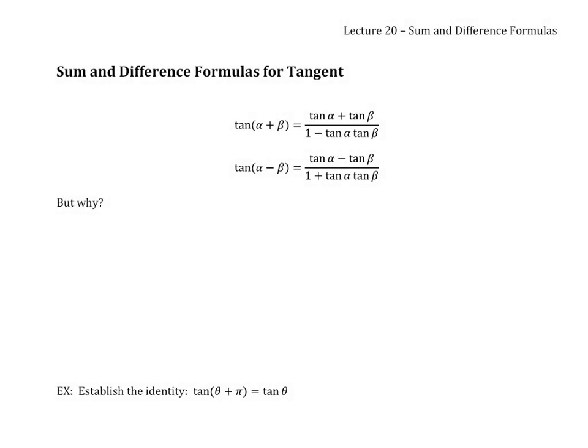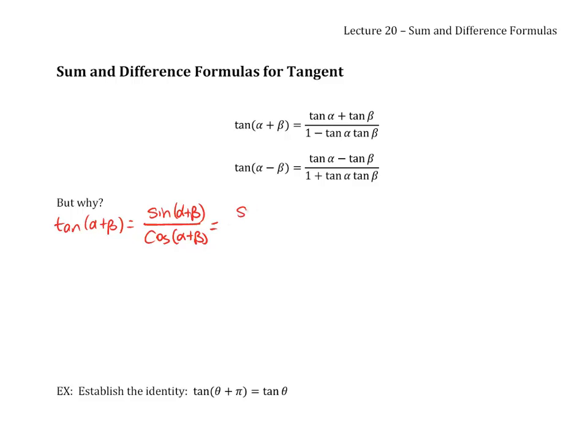Now, I've gone ahead and included the sum formula and the difference formula for tangent here in your notes. Notice they are a little bit different looking in the fact that they are fractions, and the fractions show up again because of the relationship between tangent and sine and cosine. Tangent of alpha plus beta is going to be sine of alpha plus beta over cosine of alpha plus beta, which is exactly where we can get this formula and show that it's true. Tangent of alpha plus beta would be sine of alpha plus beta divided by cosine of alpha plus beta, which we